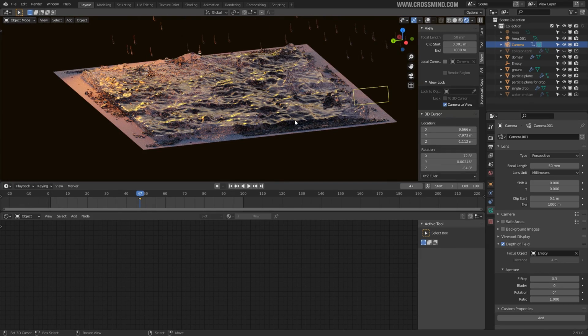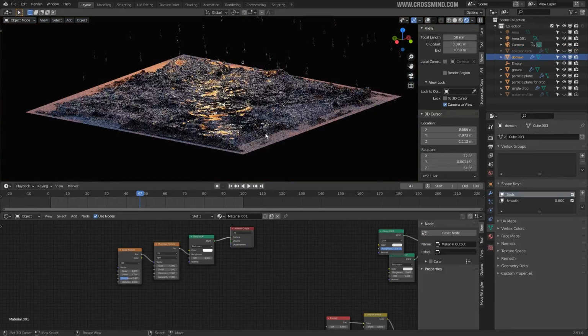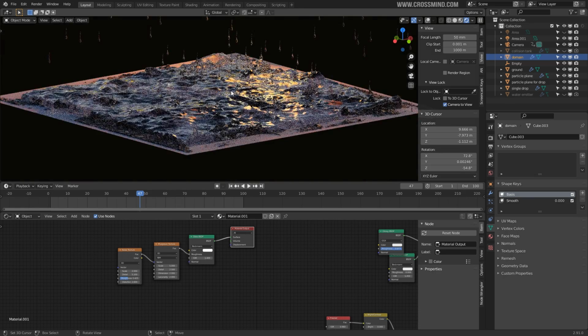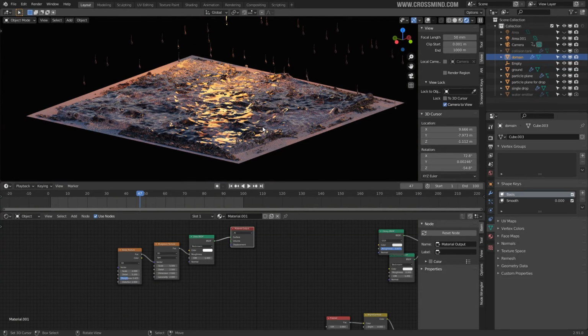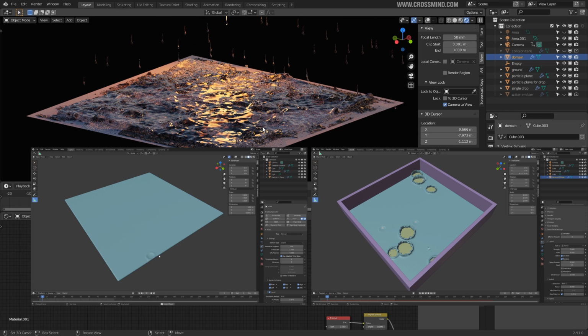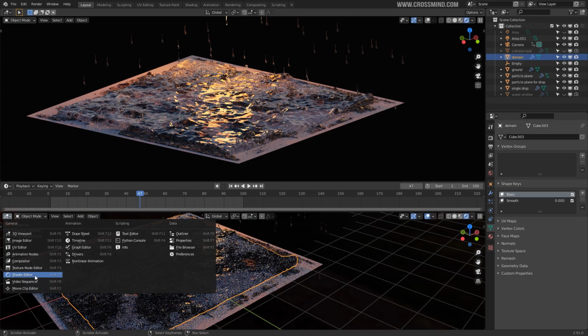using 2.82 or 2.83, I guess. So there have been few changes, and maybe there must have been plenty of changes during this time. I think it's been about 6 or 7 months. So that is the reason I wanted to recreate this scene using 2.91. As you can see, the overall principle is the same, the method is the same. So I'm going to leave both files on the Gumroad if you guys want to study it. I'll leave the newer file with the 2.91 version for the animation purpose, and this one for the rendering